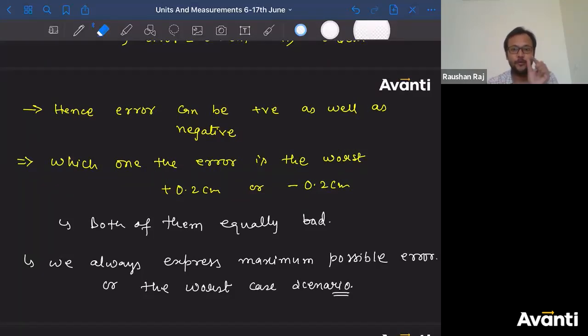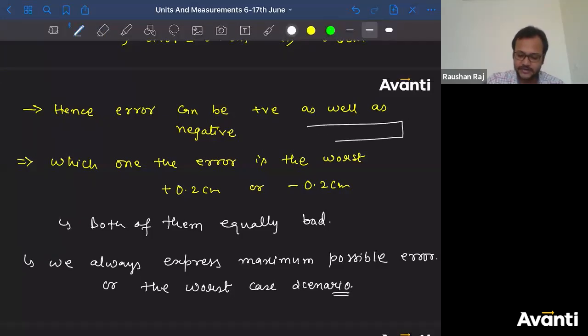And he will cut with a knife. How will he decide that 0.1? Do you think when you measure something with a meter scale, you are actually measuring the correct thing? No. You are actually committing a mistake. Just think about this. When you have a 15 centimeter scale and you measure with it, while looking at the measurement also you make some kind of mistake.